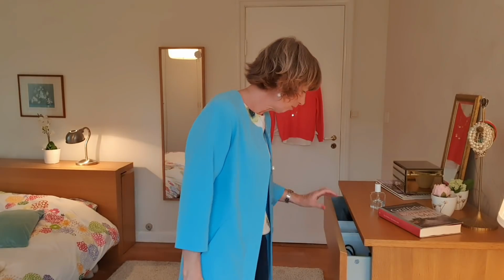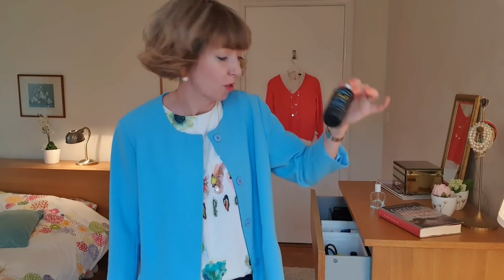The Flylady way of decluttering is we're not having to do the whole project at once. You're just setting your timer for 15 minutes, doing one drawer of your chest of drawers, one bookshelf, keeping it small and simple, and getting yourself set up so you've got a bag ready to go. This is the bag that sits in my wardrobe here in my bedroom. Any time I find a piece of clothing, a necklace, jewellery, some hair product, anything that I'm not using or loving, it goes into the bag